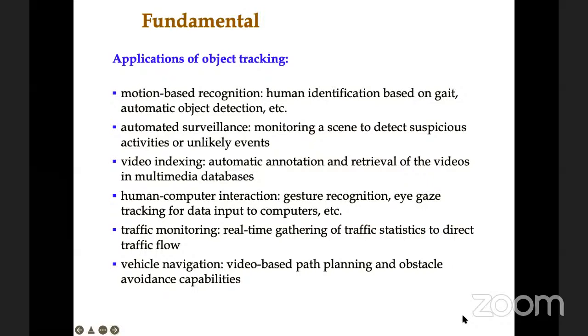For example, based upon the gait of an object, you can identify a human, which is motion-based recognition. In surveillance applications, you can monitor a scene and try to see suspicious activities. This is one of the very important issues nowadays. Then there is another application, video indexing,